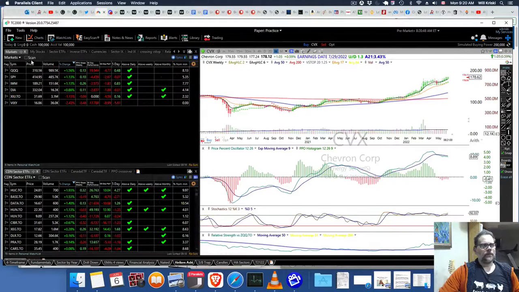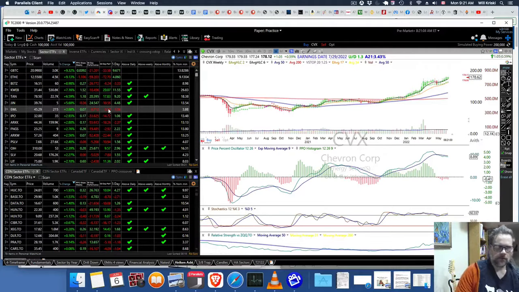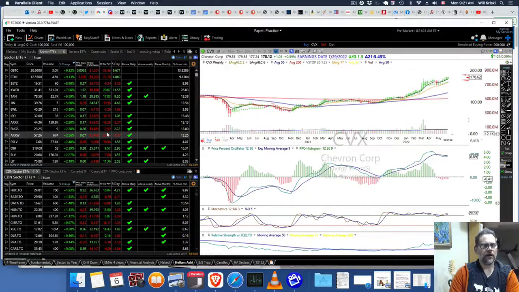So anyway, another thing with TC2000 is that you've got all these tabs, and there's a lot of data in here, different sectors, different scans, all in a short space here. So if I click on sector ETFs, these are ones that I've found myself. They're actually not just the main Spider ones, but various specific ones like ARK and China, KWEB, Internet, solar, stuff like that. That isn't in those main sectors. Silver, like resources, commodities, all that stuff. So as I find ETFs that I liked in the States, in this one, this is US, I add them